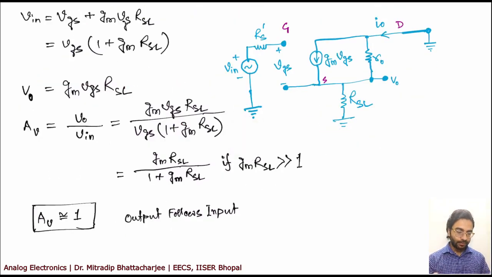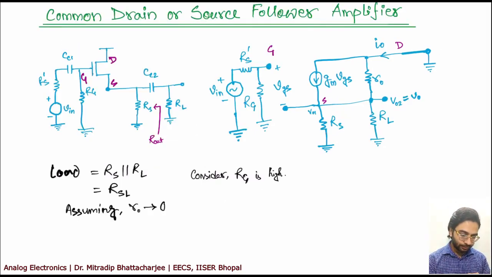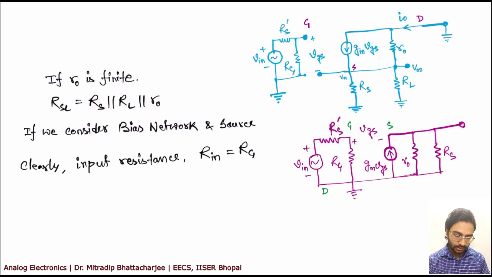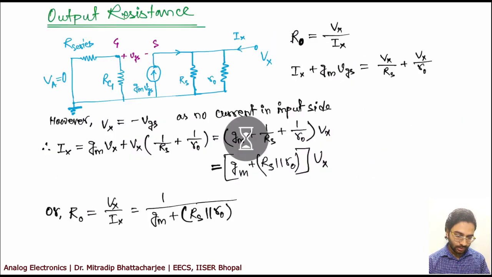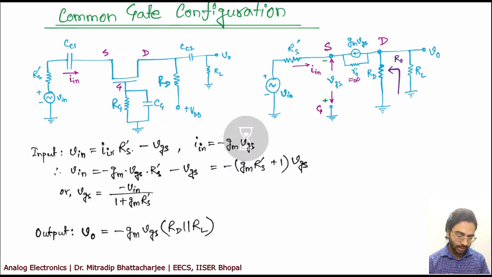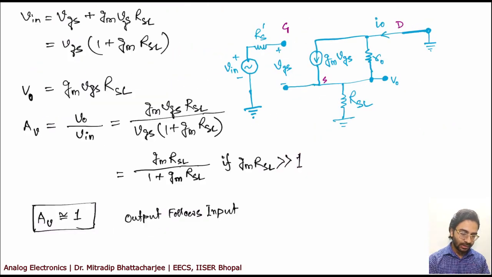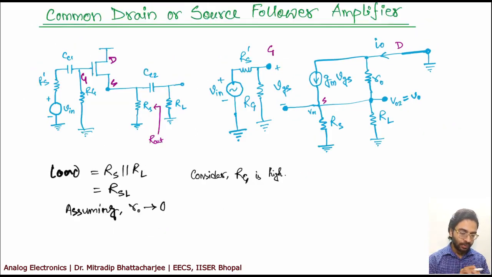Now we are going to discuss another type of amplifier circuit, probably the last one, which is the common drain amplifier. Actually, we have not discussed common gate, so this is not the last one. After that we have the common gate amplifier as well. We will start with common drain, which is also known as the source follower amplifier.